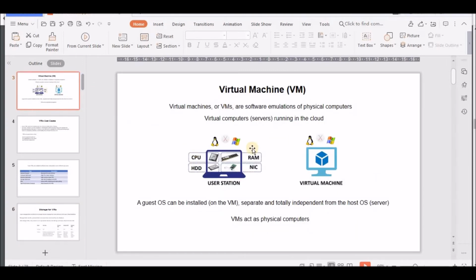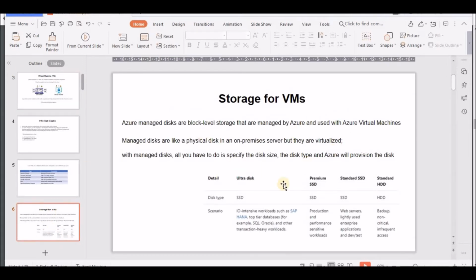In the real world, for your laptop, desktop, or server, it is a physical chip or magnetic tape. But in the cloud it is virtualized. At the back end there is a physical hard disk, but what you are seeing is not a real hard disk, yet it acts like one.